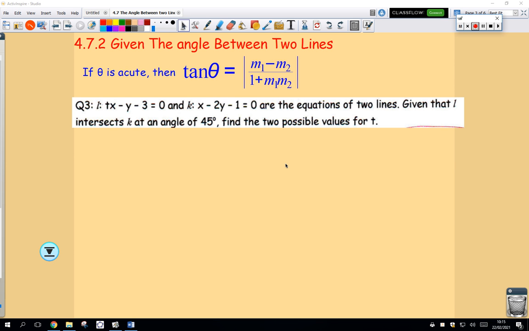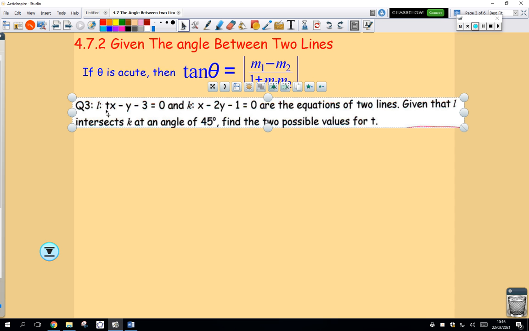It says one line we're given, L, is tx minus y minus 3 is equal to 0. Notice it's in standard form. And the second line, k, has the equation x minus 2y minus 1 is equal to 0. And they're the equations of two lines. And we're given that L intersects k at an angle of 45 degrees. We want to find the two possible values for t. T is the coefficient here of x